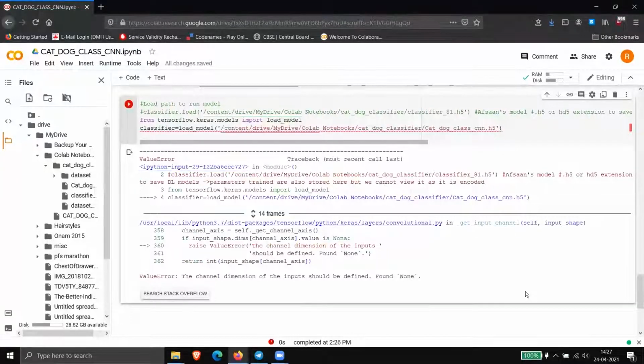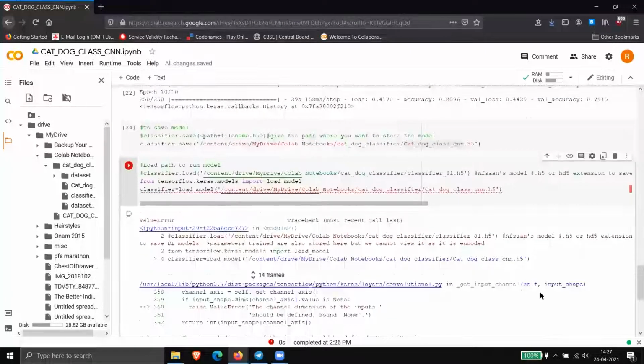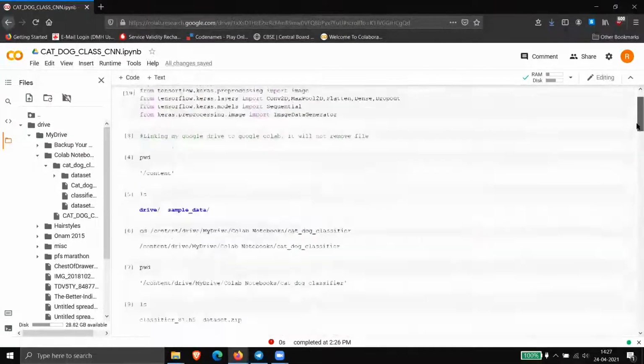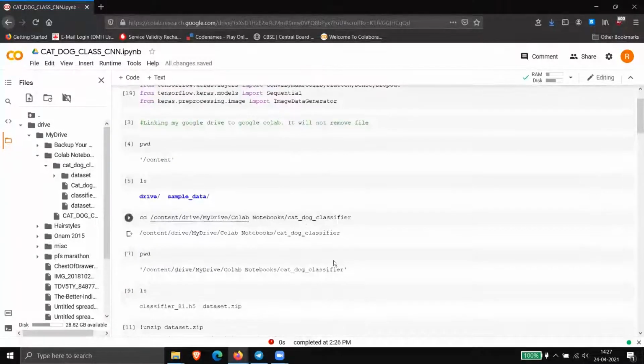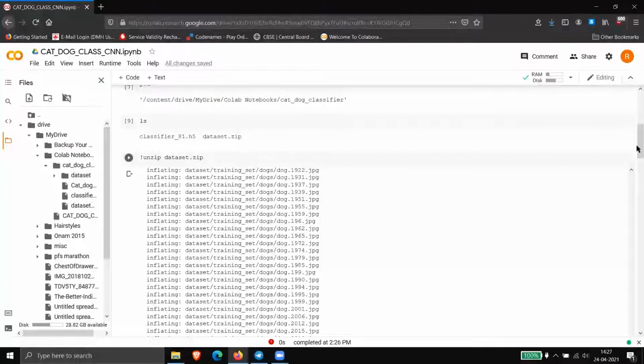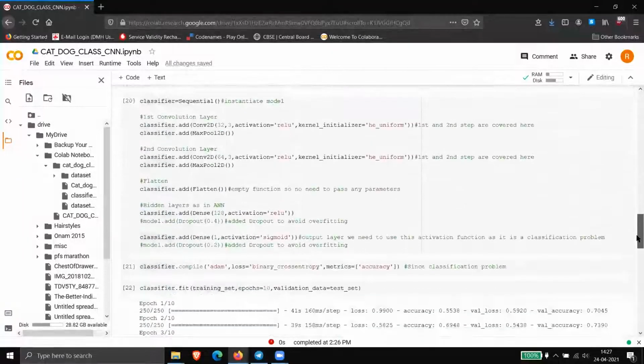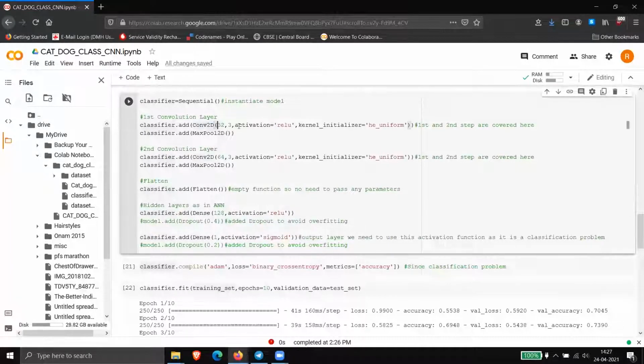Okay, so go on top. Everyone, just scroll on top. No, not on top, I mean the architecture that you have defined there. Now in the first Conv2D, after kernel initializer, just put one more comma.